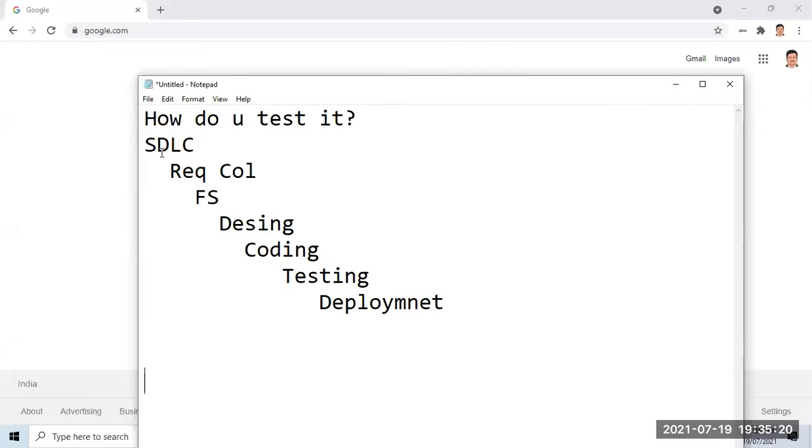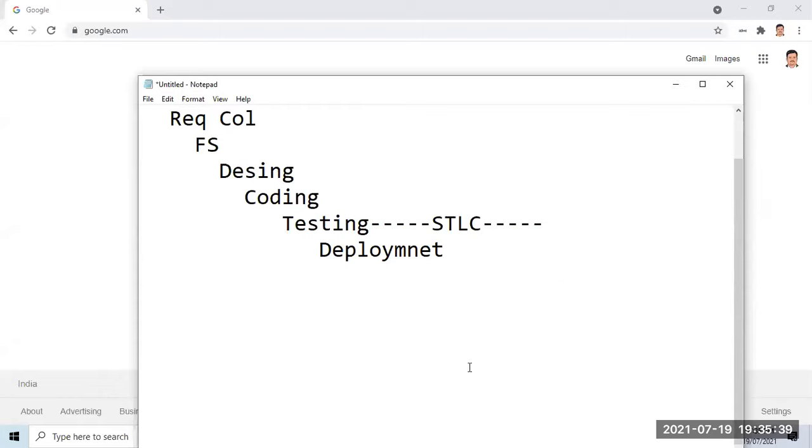Right? As a part of this SDLC, we have a process called testing. For that, we follow a process called software testing life cycle. Tell me what we do in software testing life cycle. Are you going to collect the requirements once again? No. It's a different process altogether. Tell me, what is the software testing life cycle all about? What does it do first? There may be different terminology you may use here.